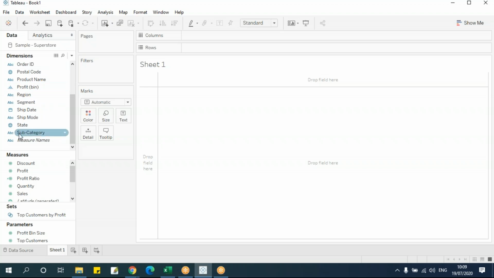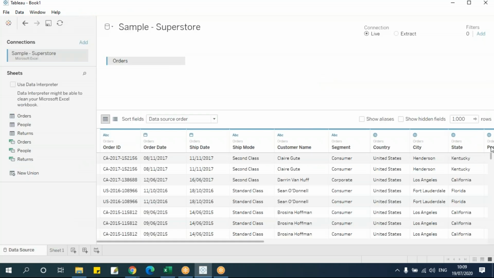Next filter is a dimension filter. So just now we saw the category that we filtered. Those kinds of filters are called dimension filters. Then we have something called measure filters, where I can filter the data or reports by measures as well. Apart from this, we can also filter by table calculations or by if conditions as well. That we'll see when we come to formulas. Now we'll see how we can actually use these filters,